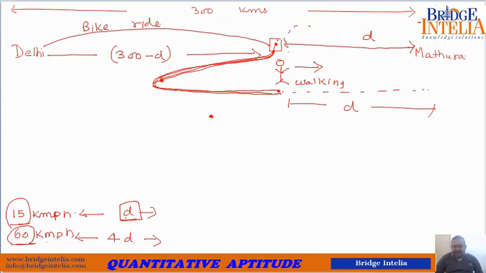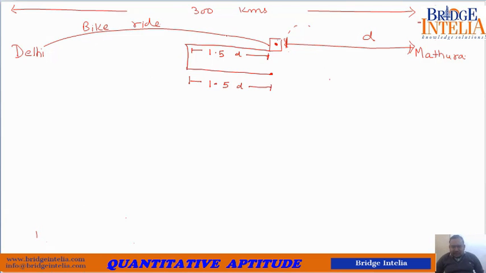It means this remaining distance is 3D. So 3D means the one way distance is 1.5D. The person driving the bike has to cover 4D, whereas the person who has walked has covered only D. From here to here it is D. That means from here to here is also D. So where will the remaining 3D come from? The remaining 3D is the distance covered in an attempt to go back and come back to the same spot. So 3D, so the one way journey is 1.5D. I hope you have understood till here.